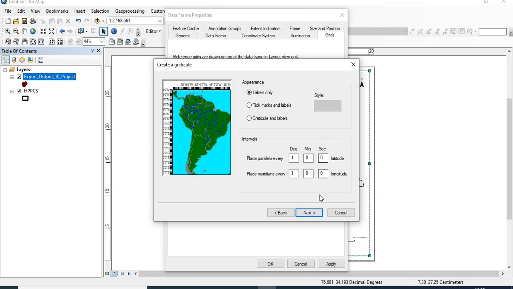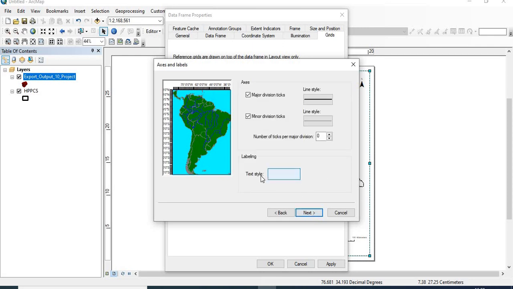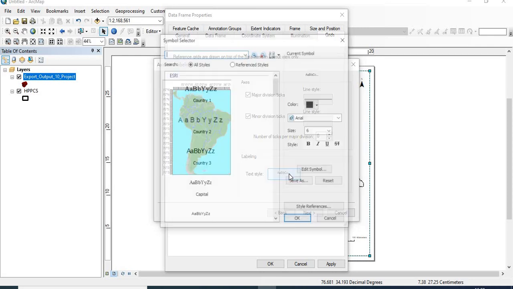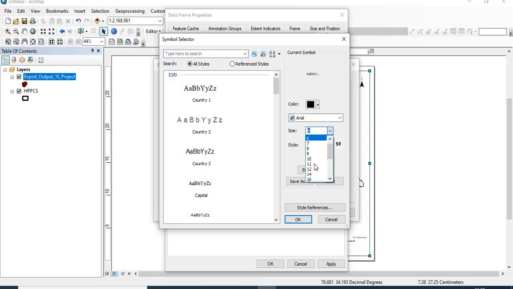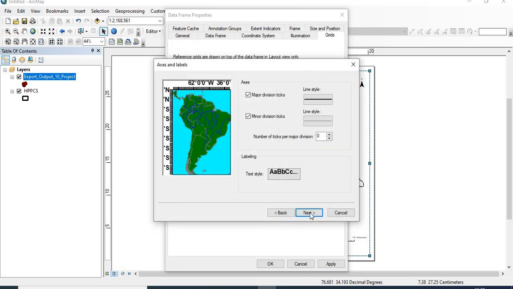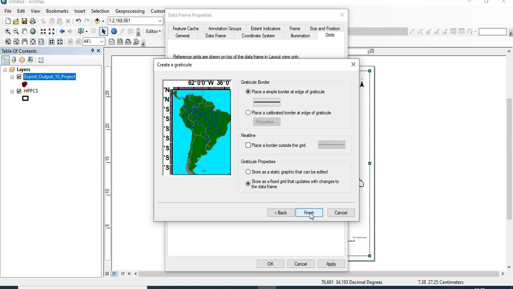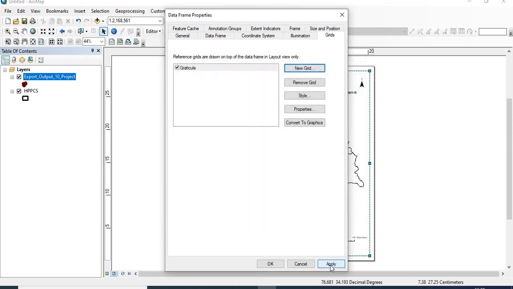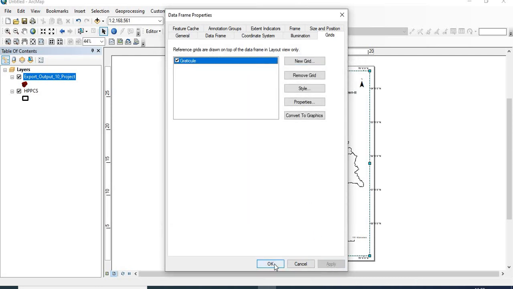In the appearance, click on only labels, and next, and click on this text style. You can increase the size of the labels. OK, next, and finish and apply, and then OK.